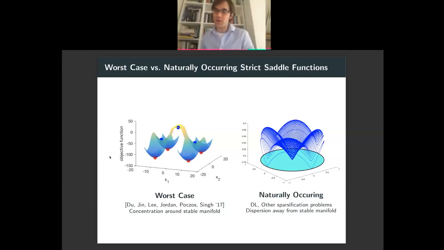Randomly initialized gradient descent is efficient in general for what are known as strict saddle functions, functions where every saddle point has a direction of strict negative curvature in a certain quantitative sense. So randomly initialized gradient descent is still inefficient in the worst case. You need to use higher order information or inject some noise or something, but it generally works in practice.